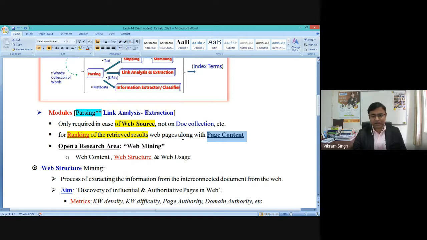Particularly in the web content scenario, it is widely useful because most of the pages are interlinked. Most web pages have interconnectivity between themselves. So it is important and useful to have an arrangement where we rank different pages based on the